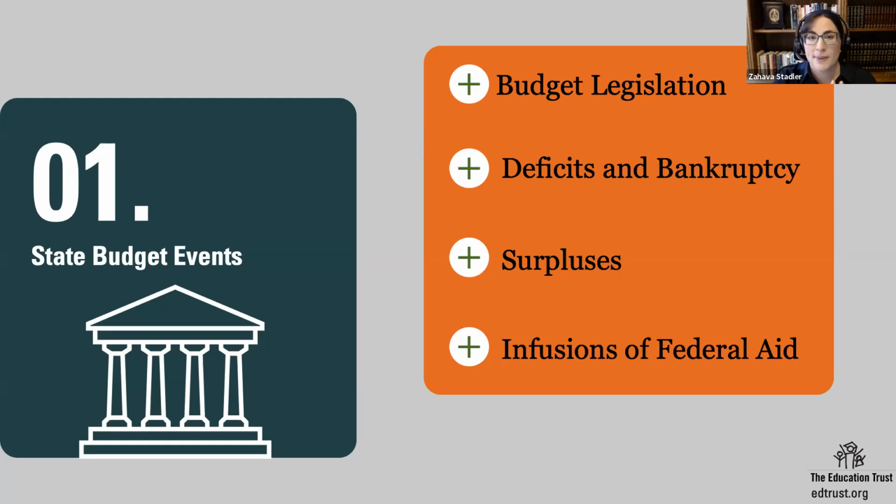So for instance, Connecticut passed a school funding reform in a moment of literal state bankruptcy a few years ago, because when something has to change, something big may change. Surpluses: this whole legislative session right now in Minnesota is about how to use an unprecedented surplus to support students better in schools. Infusions of federal aid are similar. So major state budget events are obvious openings for school funding stories. I don't think that'll be a surprise to anyone.